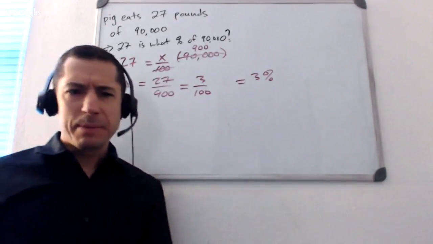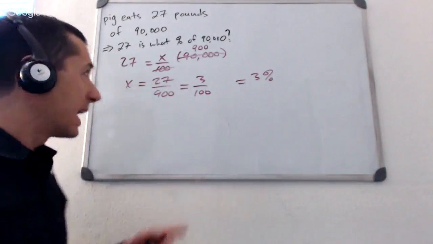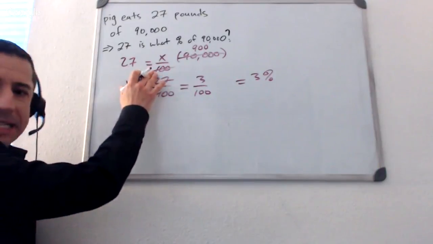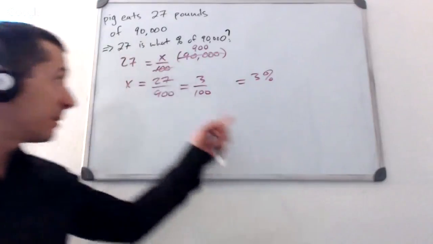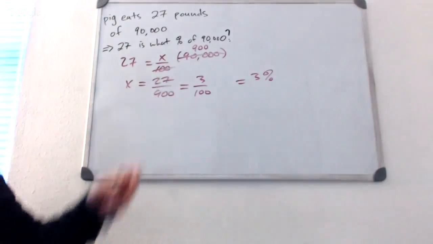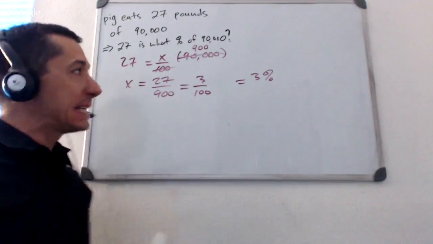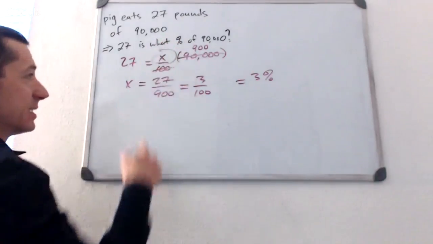I'm not sure if anybody picked A. This is wrong. Why? We actually already baked in the percent right there. Actually, two ways to think about it. One is that we already baked in the percent right there. Once we put that 100 down there, X is your answer. That's it. Slap a percent sign on this, and you're done.